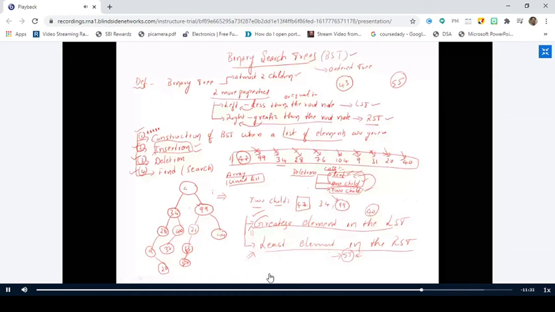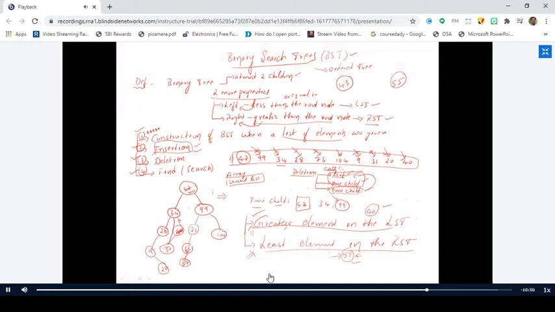So this is 47. Right. Now you tell me, I want to delete 47. What elements are suitable for replacing 47? One is the greatest element in the left subtree, which is 40, and second one is the least element in the right subtree, which is 55. Now, if you consider the case of replacing 47 with 40, 40 is a node that consists of one child, right? So in this case, what you have to do? You have to copy this 40 into this 47, and then you have to delete this 40 node. So deleting this 40 node involves deletion of a node with one child. Therefore, you have to link this 37 to this grandparent, and then you delete it.